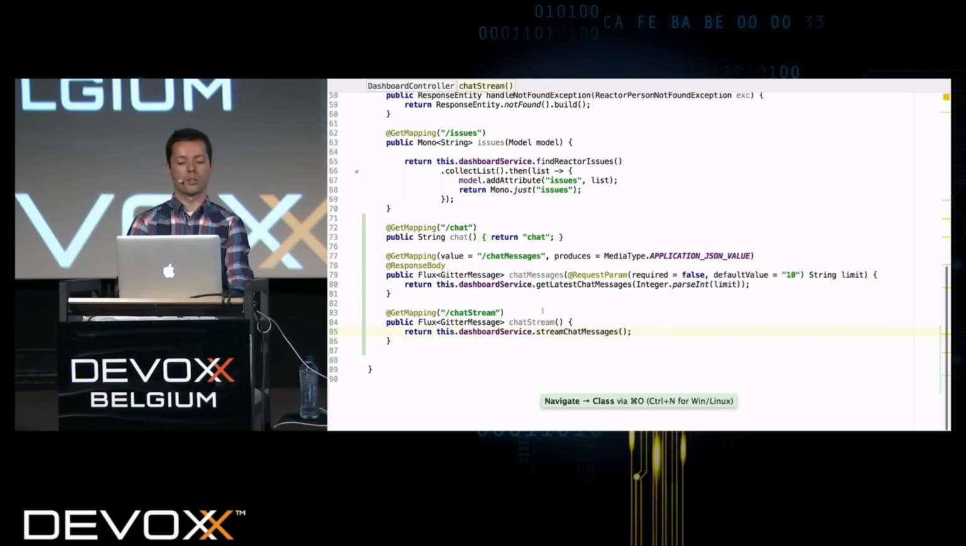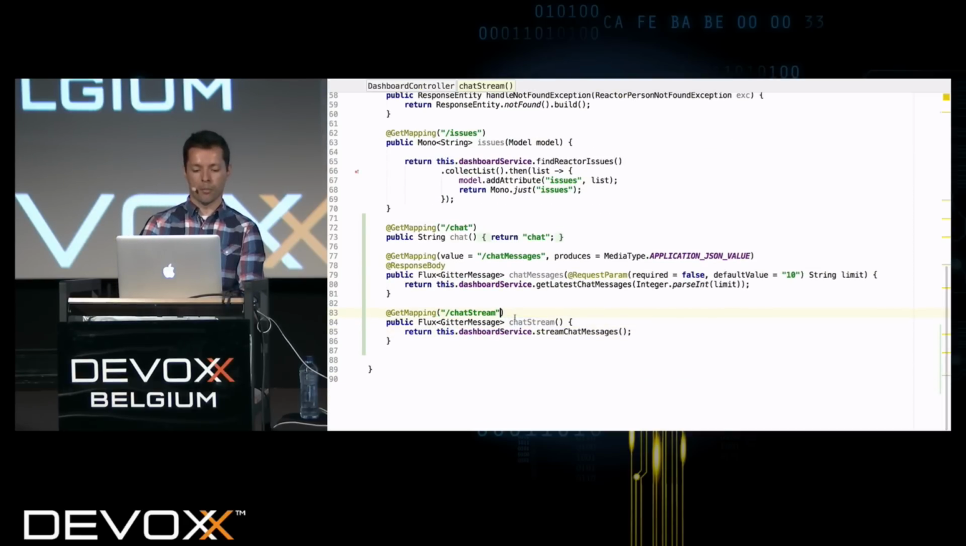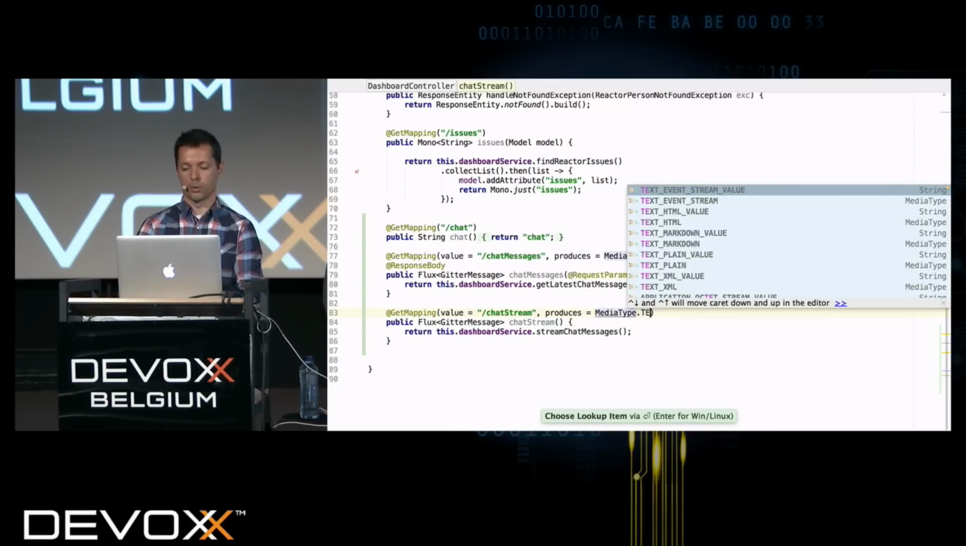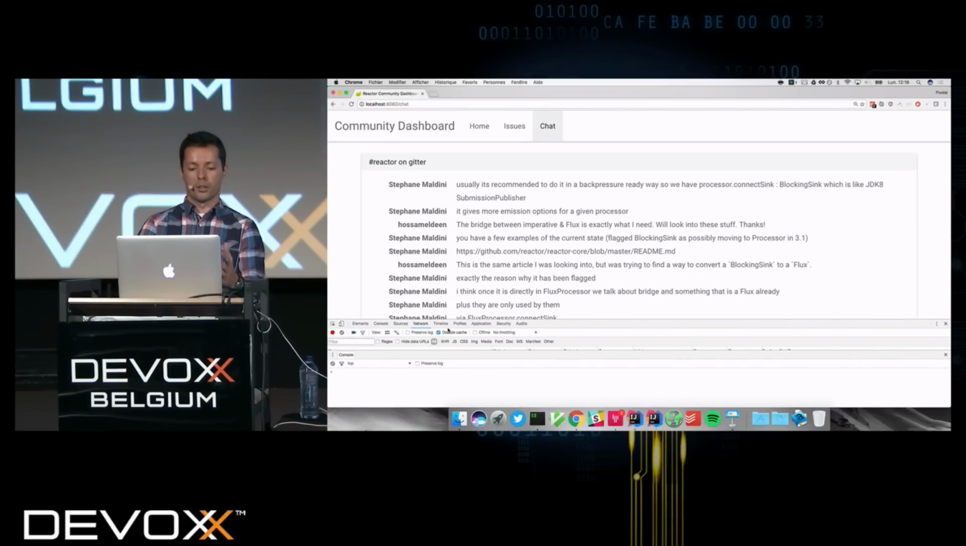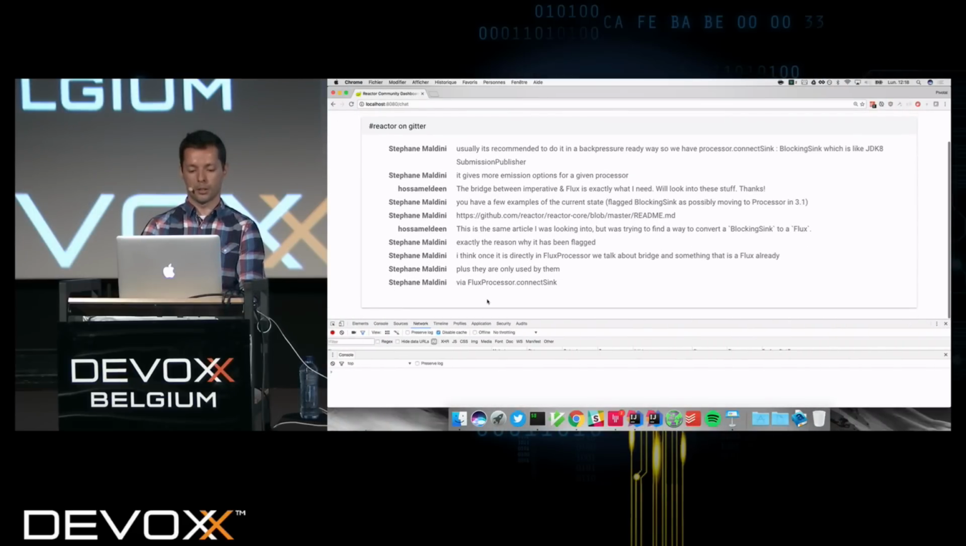But since we definitely want to have the streaming here, we'd like to produce a different media type, because it will be a text event stream. So we're doing SSE here, server-sent events. Once we do that, we still have the same thing, right? Here in the network,